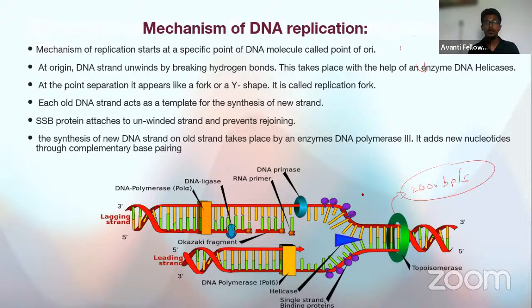with respect to prokaryotes. In prokaryotes, the DNA replication is very fast, but in eukaryotes the speed is a little less. The reason being the DNA packing. The DNA packing in eukaryotes is very tight, whereas in prokaryotes it's quite loose. So that's why we can see that in prokaryotes the DNA replication is very fast. So assuming that they replicate at 2000 base pairs per second, now you see that if you have two